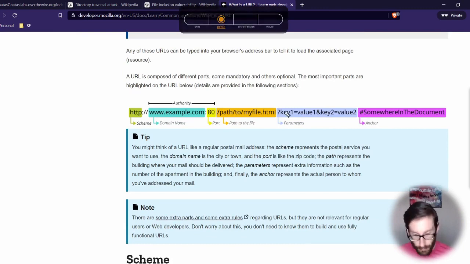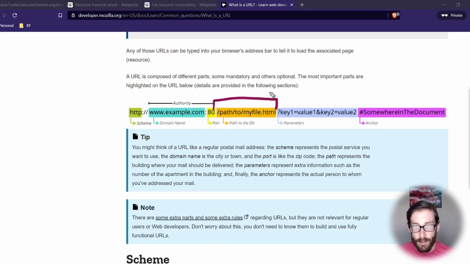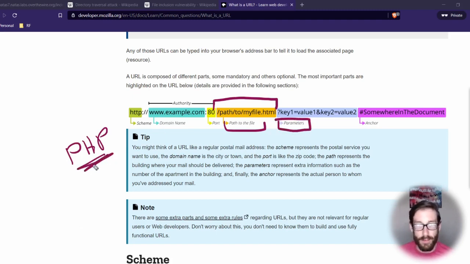The most important thing to us is that when we originally put in the path that we assumed was the correct location, we thought we were going to this path based off of the path to the file. But remember, the file that we're seeing currently is a PHP file, and inside of that PHP file, there are additional parameters that can trigger specific code sitting inside of this file.